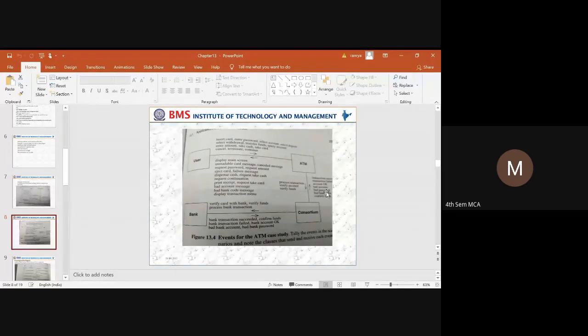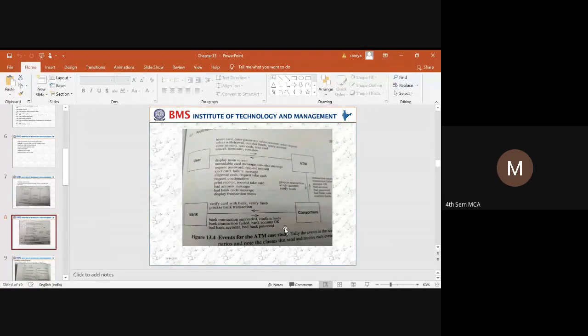The bad account, that is, the account may not be working or may be suspended. Bad password. If the account is okay, it will allow the transaction to be continued or the transaction will be paid. So these are the events that will be carried from the consortium to the ATM.